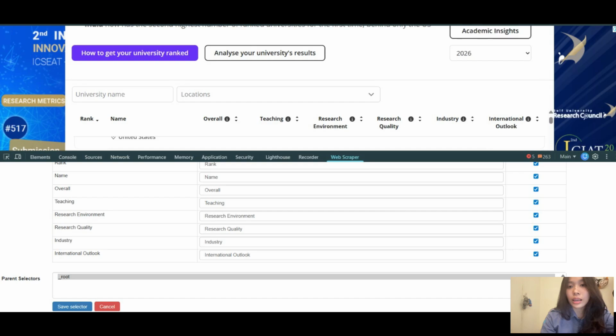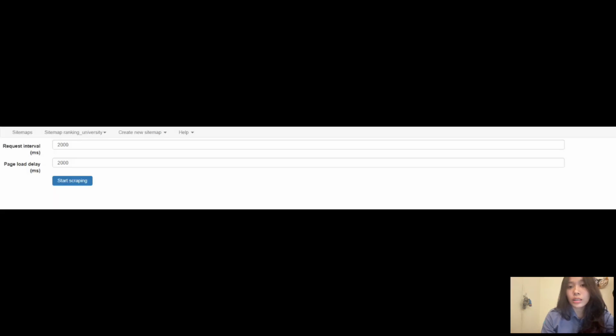After that, I created selectors to identify the specific data that I wanted to collect from the website. The main data collected were university ranking, university name, and overall score. The selectors were connected to the main table structure, so the extension could understand that the data repeated in every row of the ranking table.